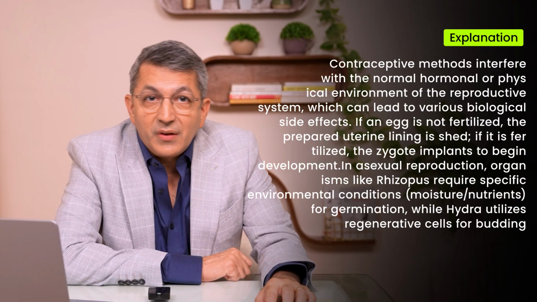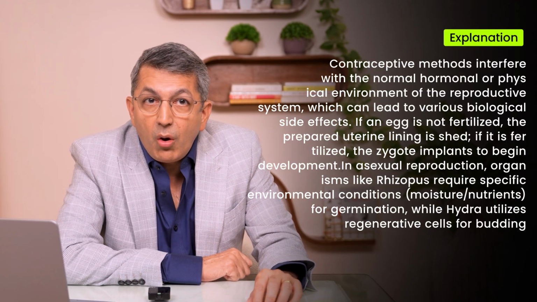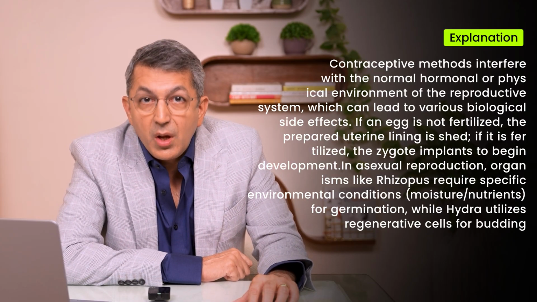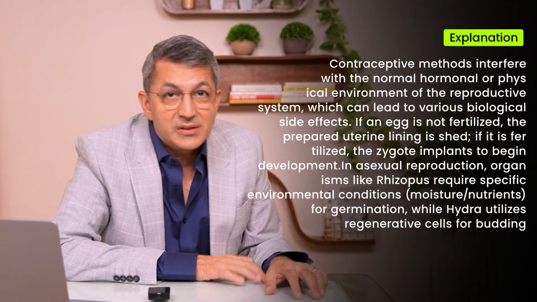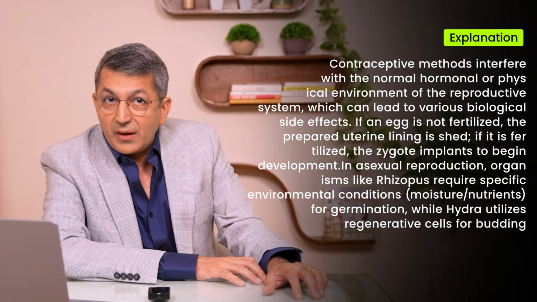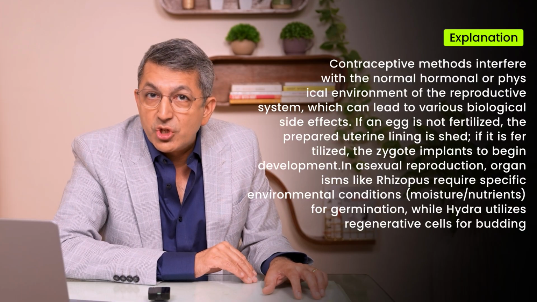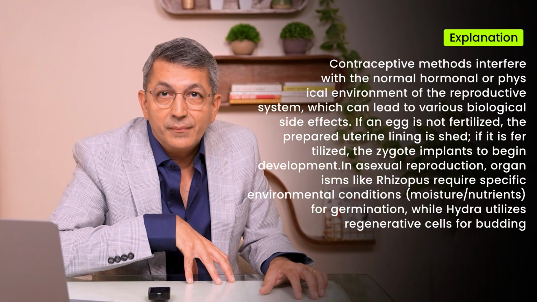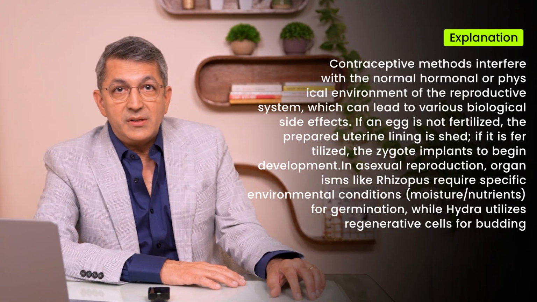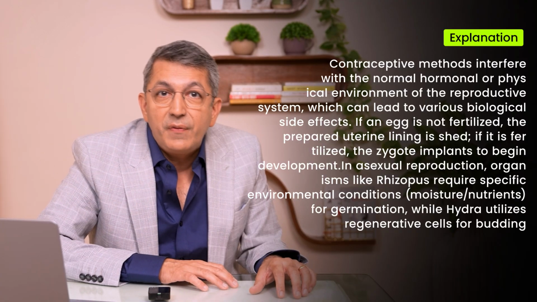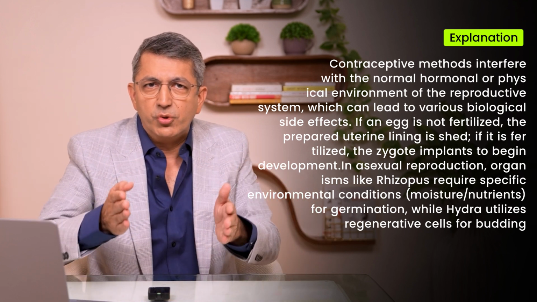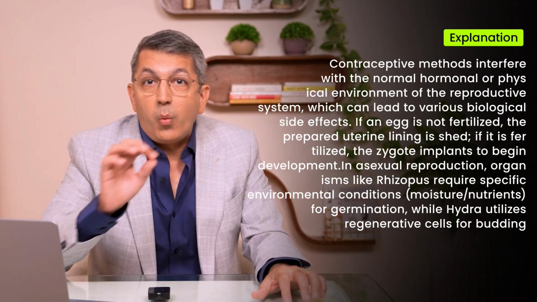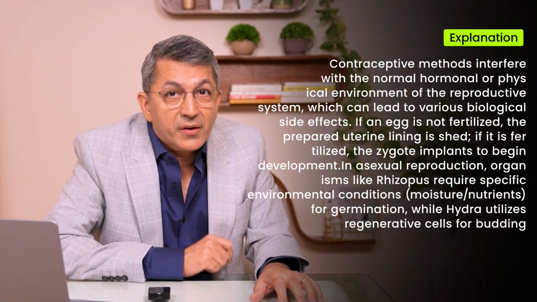Concept: reproductive health and asexual reproduction. Explanation: contraceptive methods interfere with the normal hormonal or physical environment of the reproductive system, which can lead to various biological side effects. If an egg is not fertilized, the prepared uterine lining is shed. If it is fertilized, the zygote implants to begin development. In asexual reproduction, organisms like Rhizopus require specific environmental conditions, moisture and nutrients, for germination, while Hydra utilizes regenerative cells for